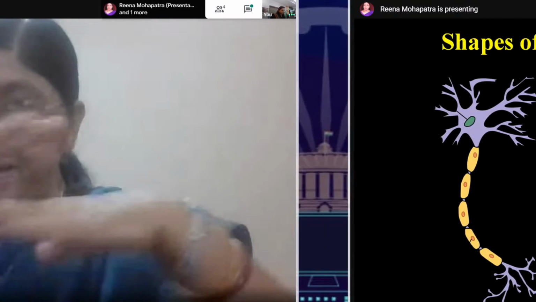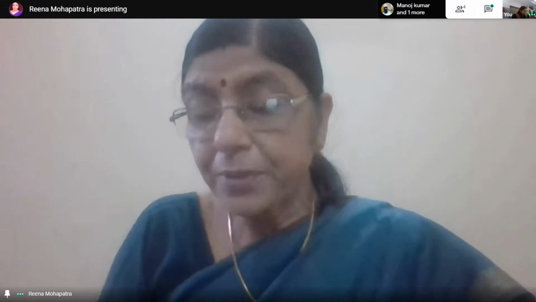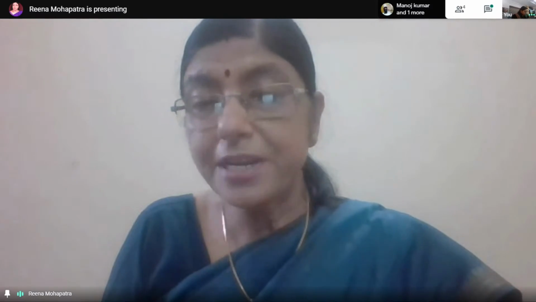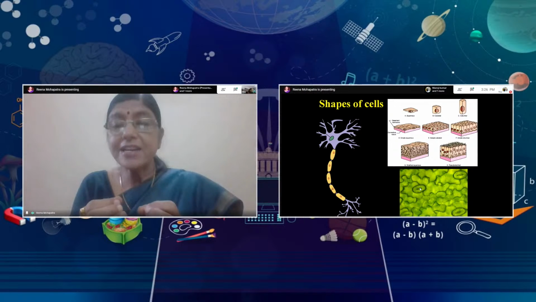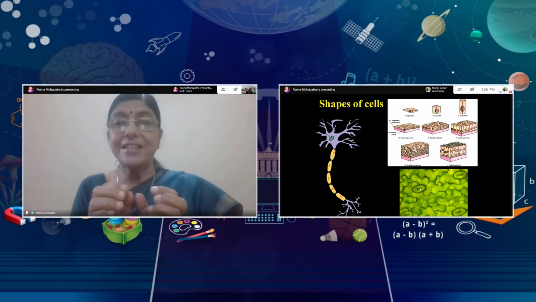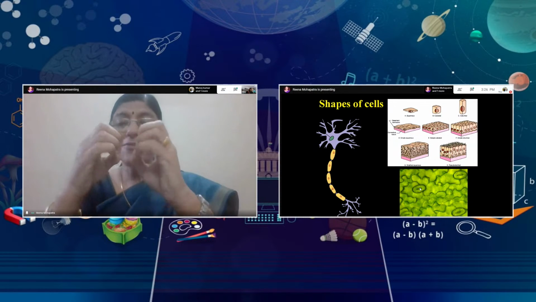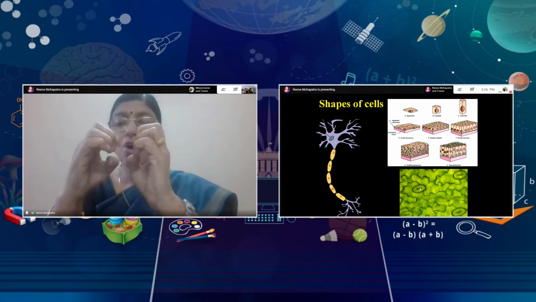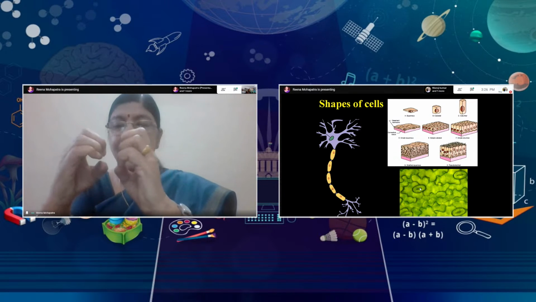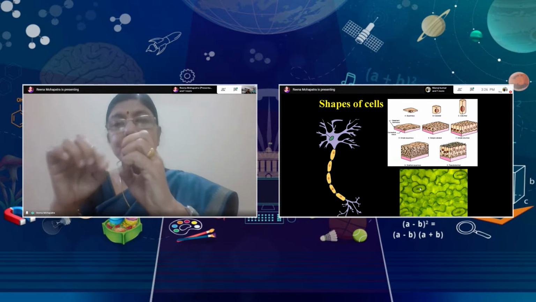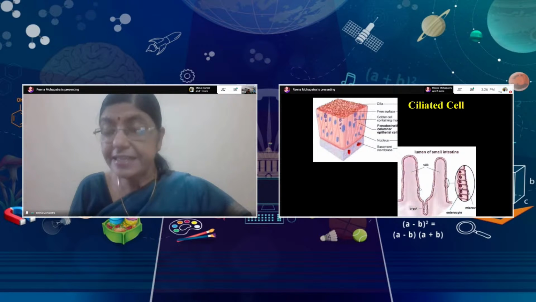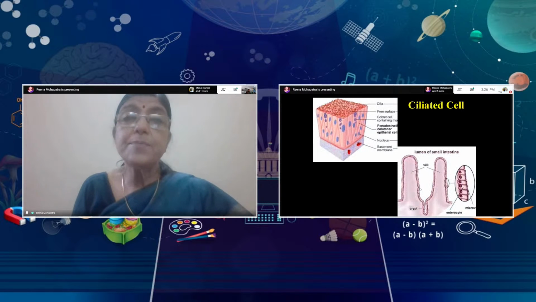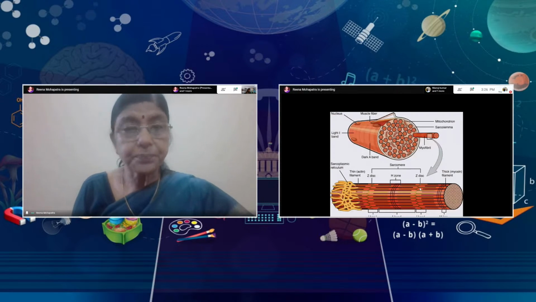Like the stomata, you can find a stomatal pore present, because the stomatal pore is guarded by two bean shaped cells. And in a bean, you know what happens? A bean has a notch at one point, and in between this notch, space is created. So the shape of the cell always depends on what type of function they are performing.